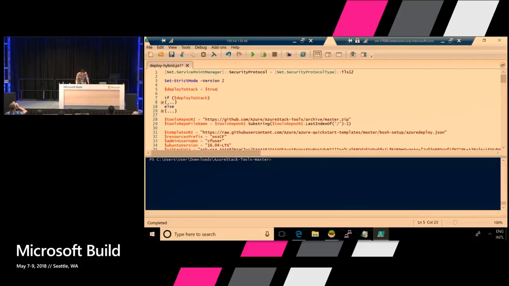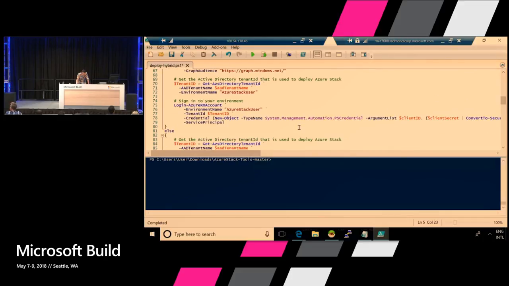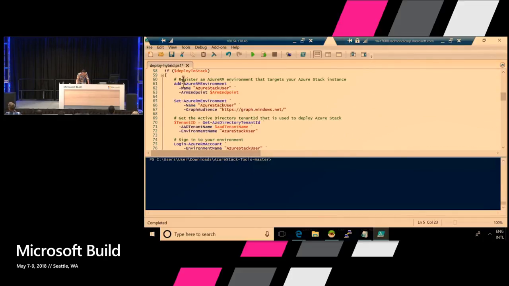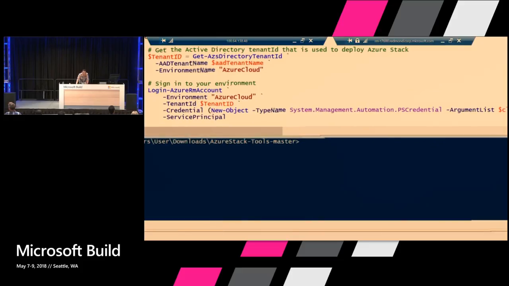And the difference, if we take a close look at the code, is that if I'm deploying to Azure Stack, I perform some calls that specify the ARM endpoints, which are custom because Azure Stack is running on your data center, so the endpoints are not necessarily public. Or if I'm deploying to Azure, the endpoints are well known, so I don't need to specify an endpoint. The only thing I do is a login Azure RM account.